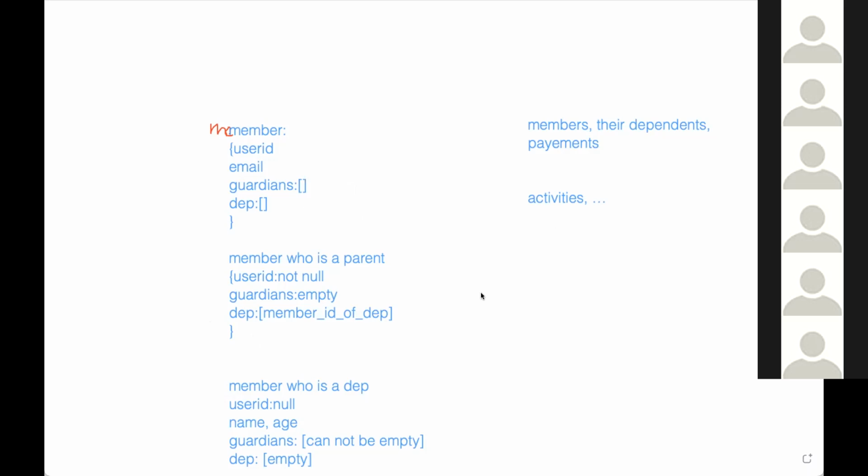Actually, real quick, before we move on, because I think that's a good question for growth. If we do add activities, then we have to make sure that the member whose user ID is null, because that's how we're determining if it's a dependent, I think, like you said, we'd have a database-generated user number to identify a dependent as well, right? Because right now, technically, you can actually give them a user ID. That's a very good point. So technically, you can give them a user ID. You can always ask who has guardians not null. Okay, that makes sense.